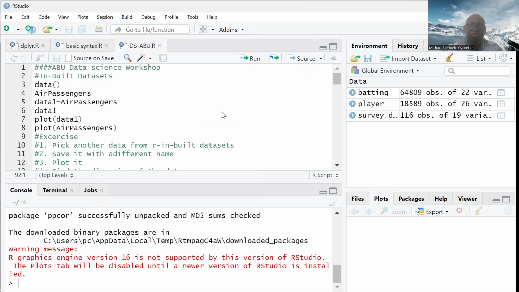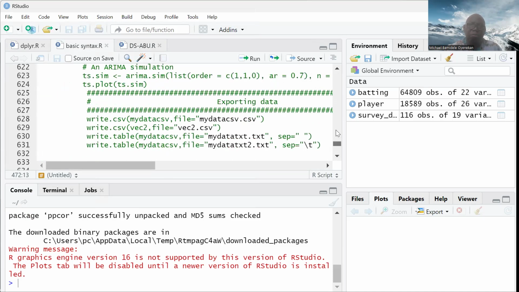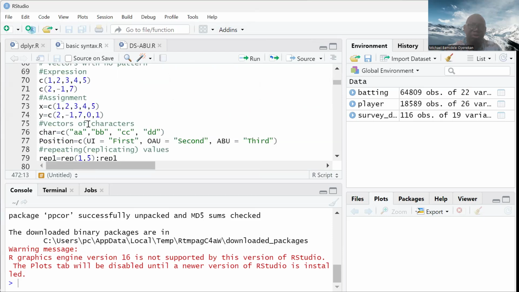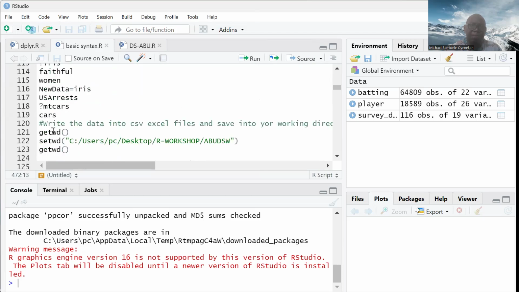Okay, so let's go through this. But what I actually wanted to show before is that, but let me do the basic syntax that we have started. Just let me pick a few portions. Okay. The first thing is ensure that you get your